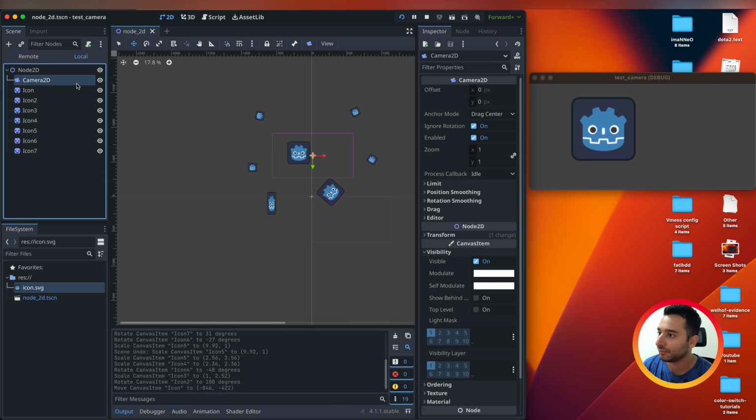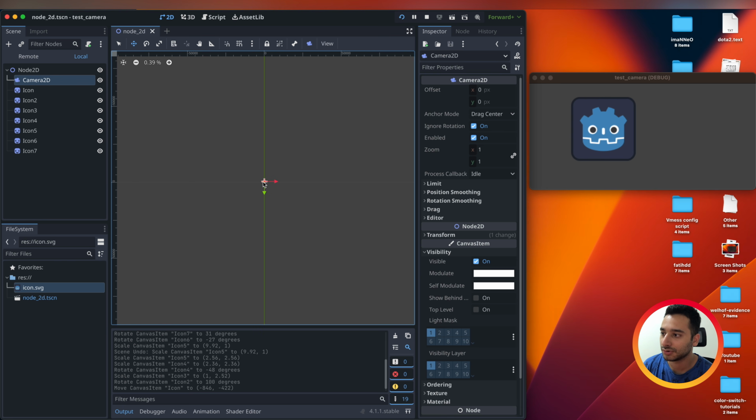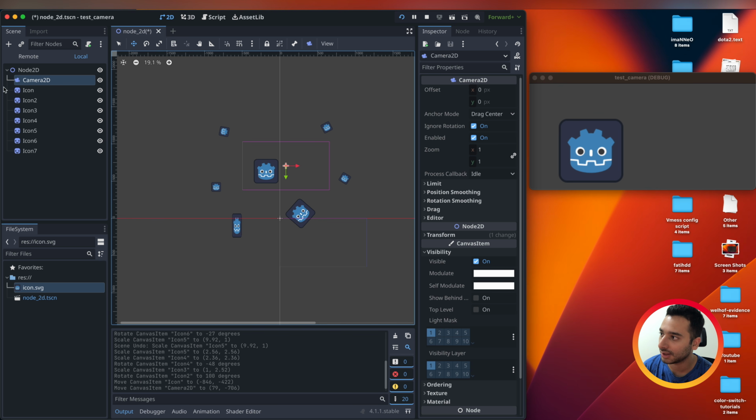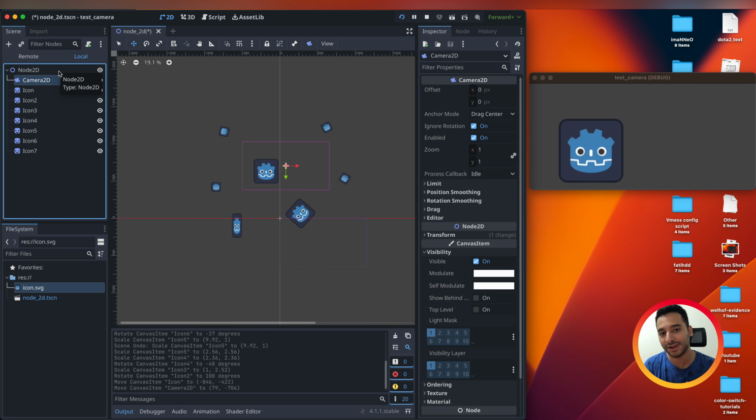Okay, so we have a world which is big. You can see that this is an unlimited area. You can put all your components here. And we have a camera, which is another component. As you see, camera is a node here. In Godot, they call it node, but in Flame, we call all of them component.